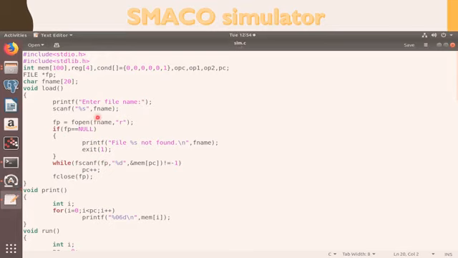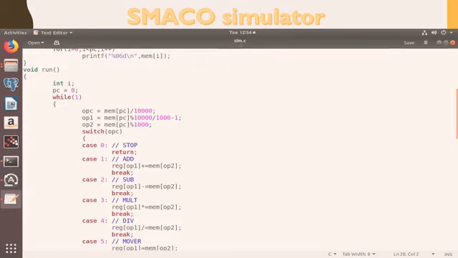Afterwards, after loading, we will print that file. For printing purposes, we have a function like void print. We have taken one counter, that is integer i, from 0 up to the program counter, that is your PC, with i++. We will print the contents from the memory array, where we earlier saved or loaded the contents of your file into memory. So this is how we have the load and print functions.